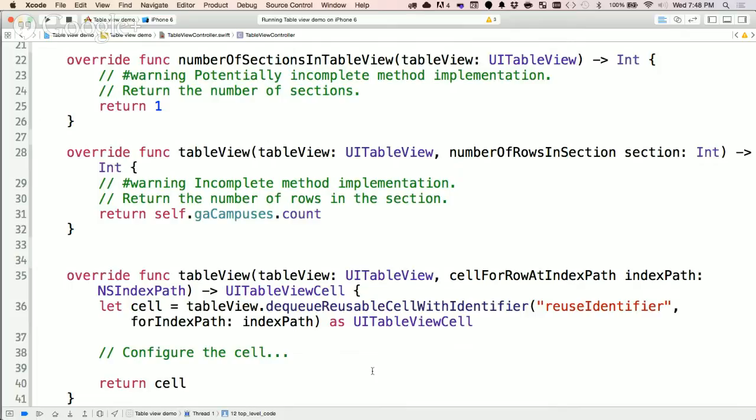So as it counts through each of these cells, the first time it counts, it gives us a 0, it gives us a 1, it gives us a 2. And then we match these numbers with our array values. So these numbers here are a convenience variable that we're given. And that variable is the index path and the row. So the way we do that,